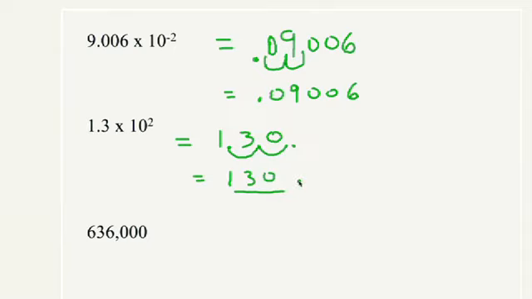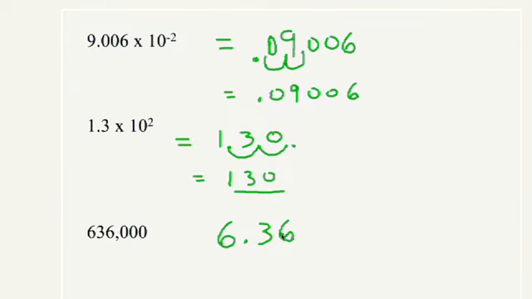All right, let's try to go the other direction. Let's start with a number that's in decimal notation and try to put it back in scientific notation. Here, you have to look at this number here. Somewhere inside this number is hidden a number between 1 and 10. It can't be 0.636 because that's smaller than 1. It can't be 63.6 or 636 because that's bigger than 10. The number hidden inside here that's between 1 and 10 is 6.36.